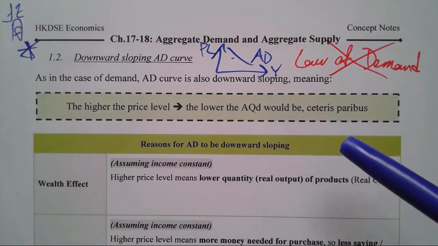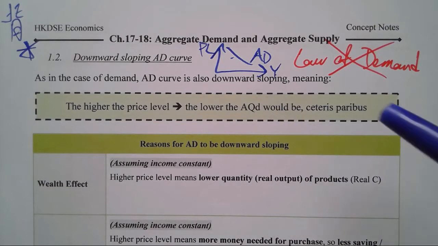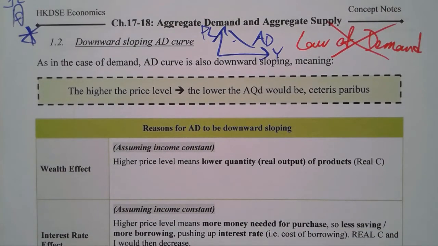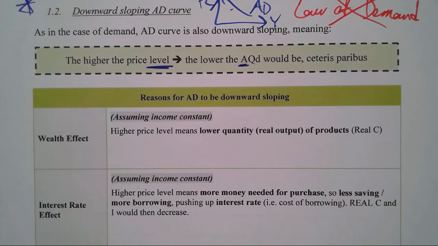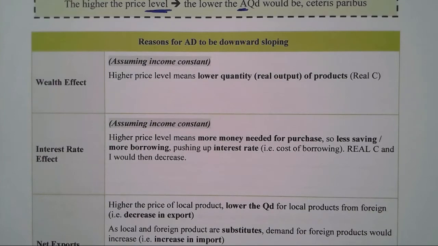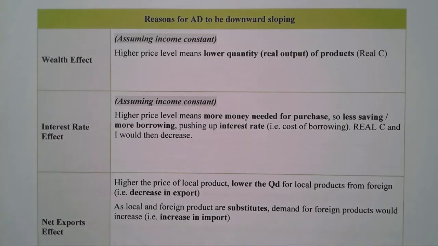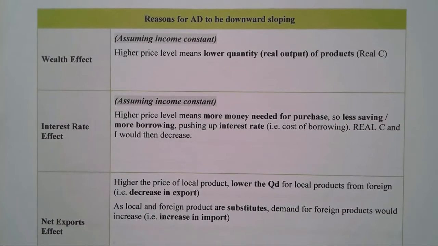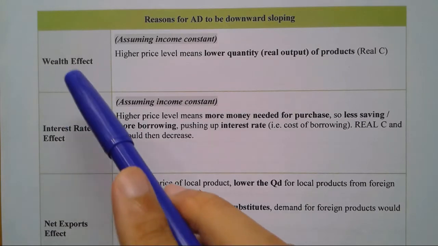Now, downward sloping, what does that mean? It means higher the price level, lower the AQD, other things being constant. OK， 好熟口面啦。This looks exactly like the law of demand, except we are talking about price level and AQD. OK， 得唔得？同一個道理嘅啫。Now, in exam, we need to explain why it is downward sloping. 咁點解佢向下斜嘅？OK, now this is the important part. OK, now we have 3 reasons in your syllabus that you need to remember. All 3 of them, not 1, not 2, but all 3. 全部要背晒佢，得唔得？